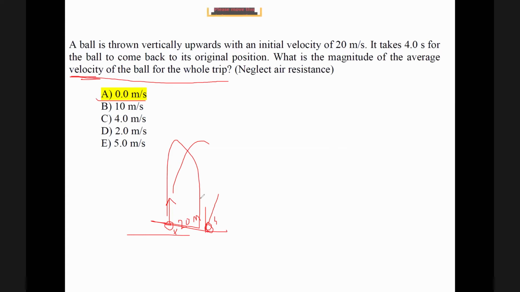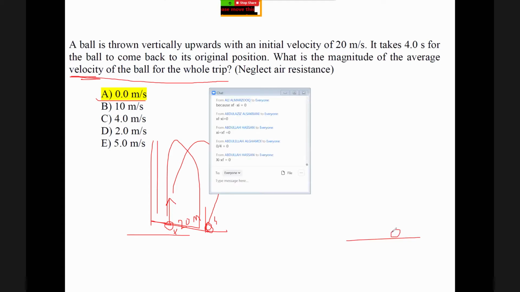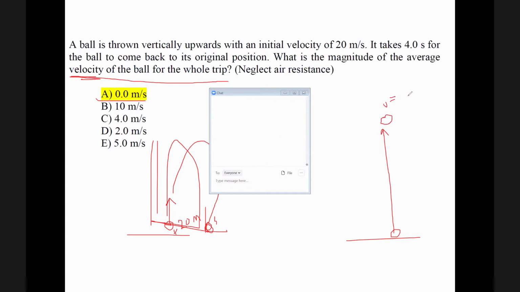But as your friend said, if we want to analyze it in time, 2 seconds up and 2 seconds down, because it's identical, it's symmetrical, okay? By the way, when you throw it with a 20 and it reaches after 2 seconds, what should be the velocity here? 0. And then after 0, it will reverse direction down. This is instantaneous velocity, of course. Let me see, there is a question. Go ahead, Faraj.